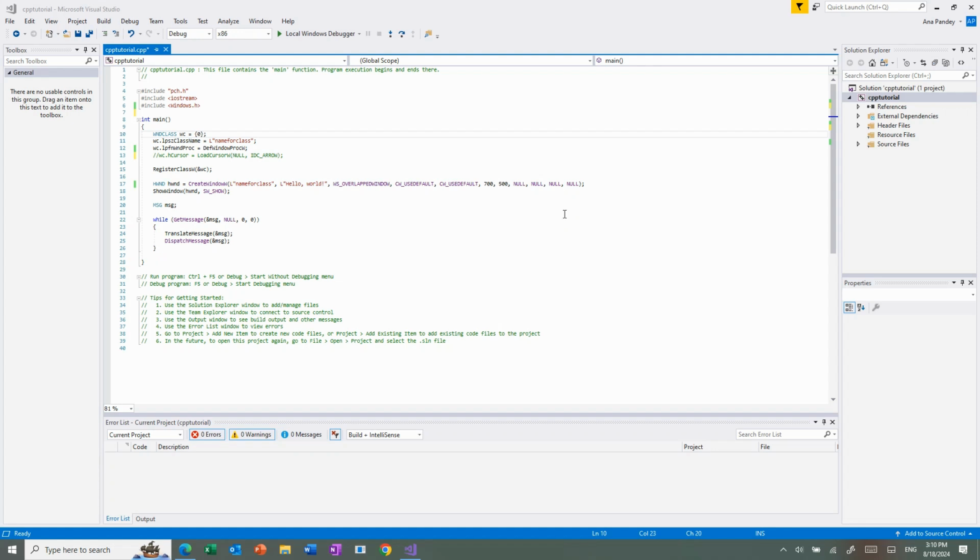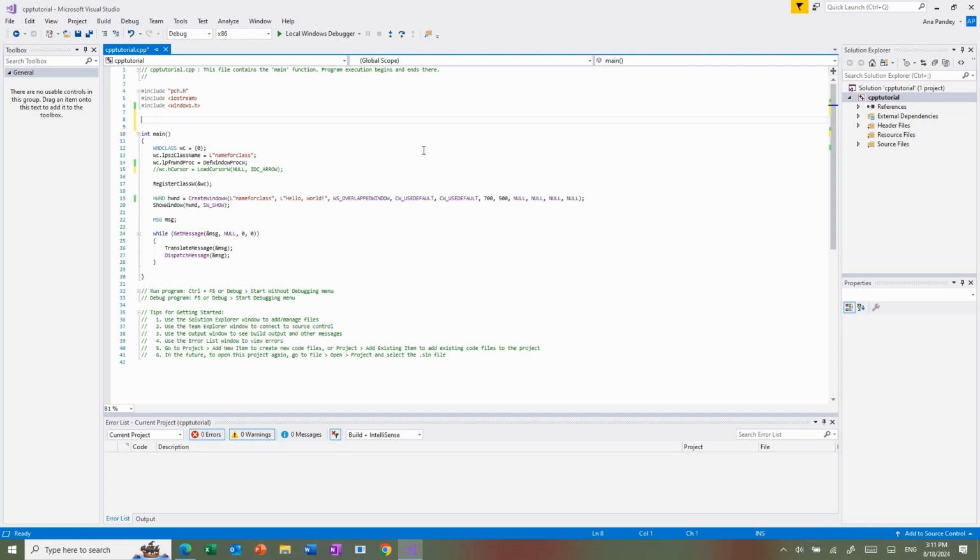Alright, so we're back talking about how to write a better window procedure, because most times the default window procedure doesn't really cut it. It handles the most basic stuff, but sometimes we want to go the extra mile and handle things that actually matter to us, like mouse clicks and stuff like that. Basically, the default window procedure isn't really going to cut it, so we need to write our